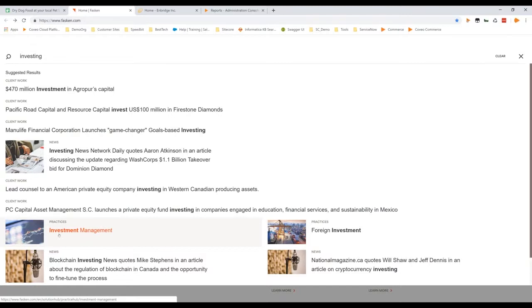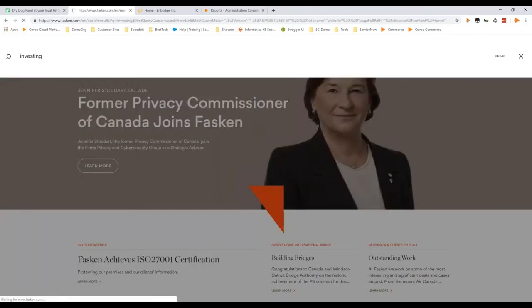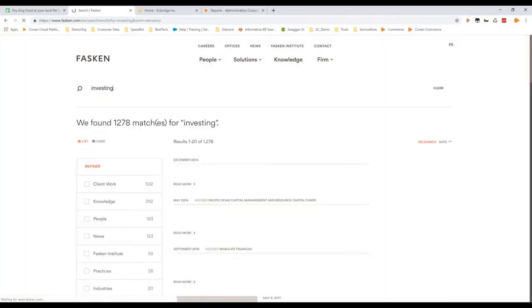When did somebody come in and do a search for the word investing? What content items did these people in the past, when they had a successful search, what were those content items? So you can see here that this is a result of the machine learning taking those and using those analytics to be able to provide more relevant content. So I'm just going to do a quick click on the word investing so we can get into the actual